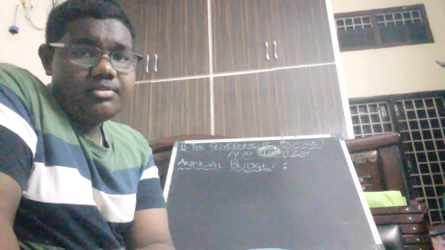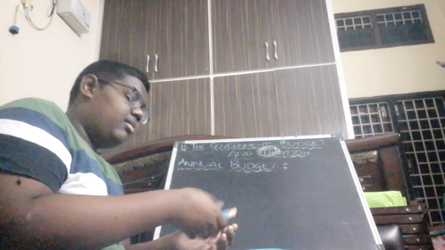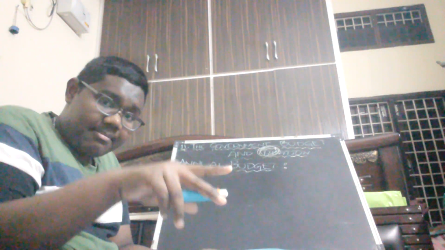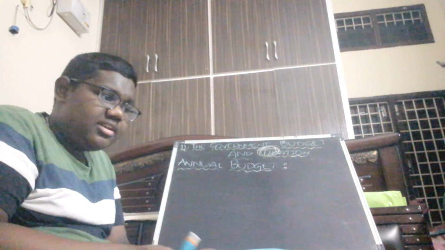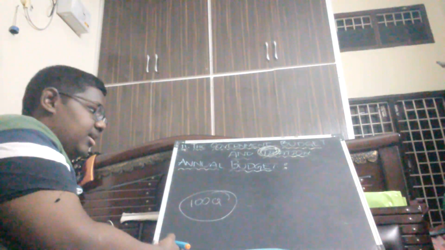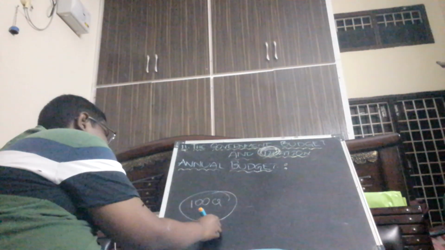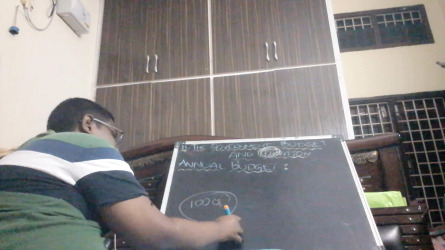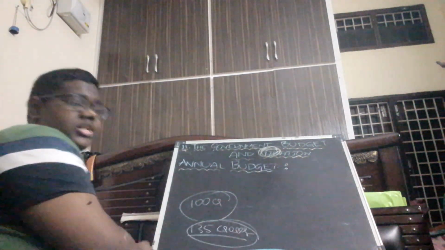the government has to borrow some money to meet its expenditure, and it has to pay the past borrowings. For example, now we can understand that the government is borrowing some money to meet its expenditure. For example, 100 crore the government has, but the expenditure is 135 crores.